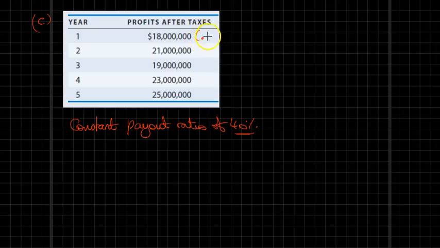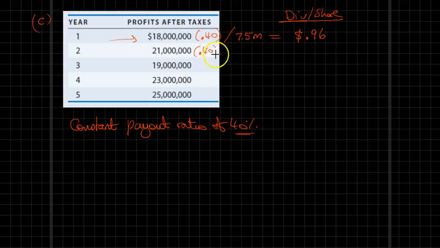We know that 40% of this amount divided by the 7.5 million shares will give us the dividend per share. So the dividend per share under year 1 would be 96 cents. The same number for year 2, again we are multiplying it by 0.40, then dividing it by 7.5 million. We should get